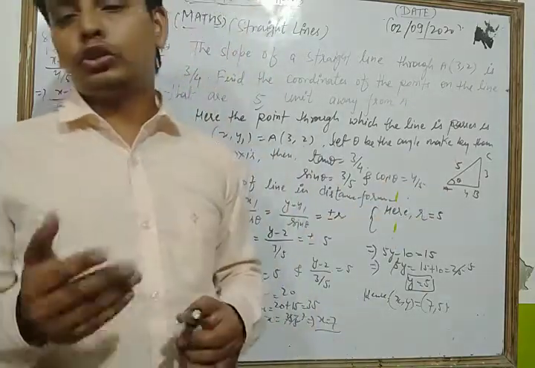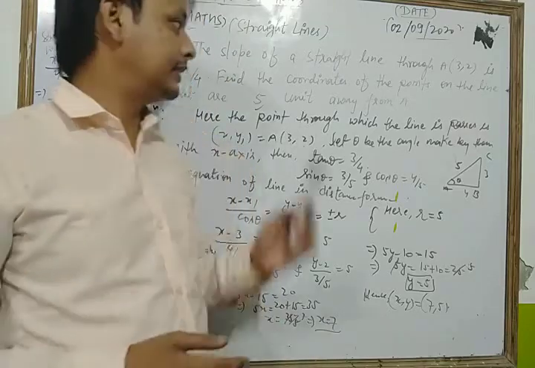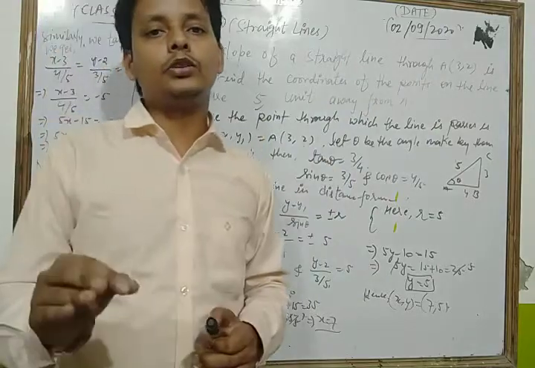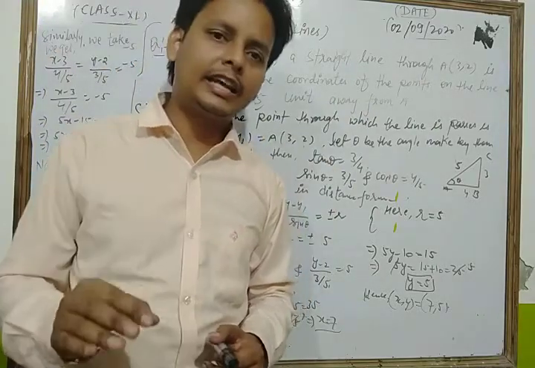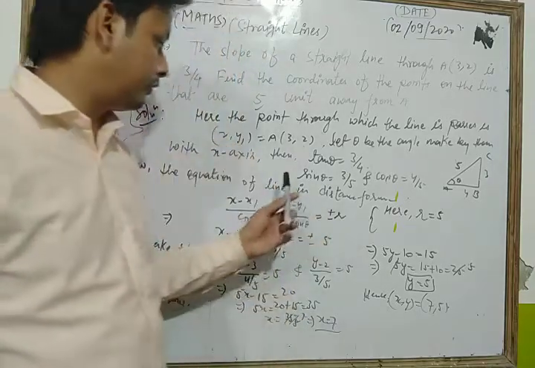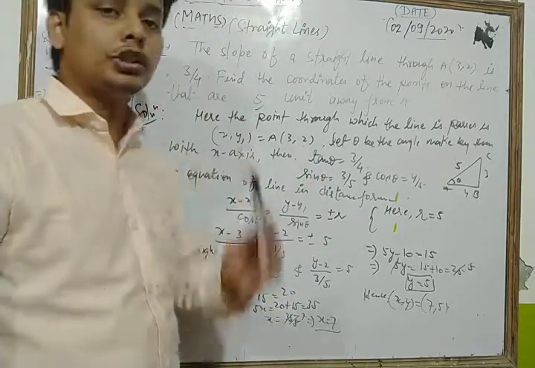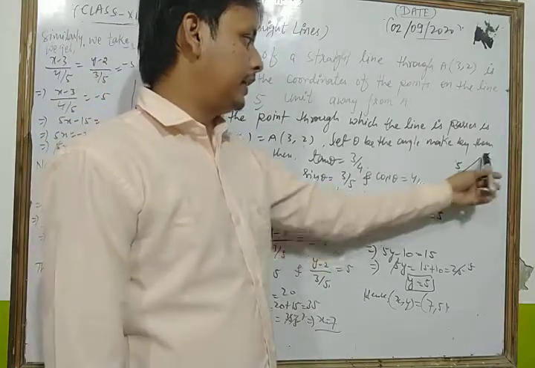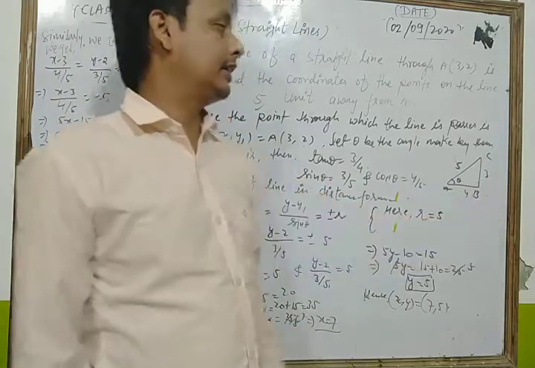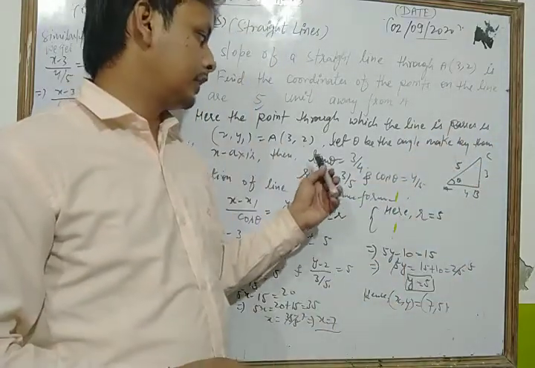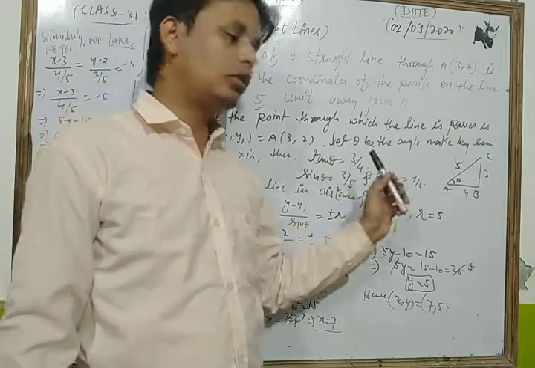In that question we take, let theta be the angle made by that line with the positive direction of x-axis. Then the slope of the given line is given by 3 by 4. You know that the tangent of the angle made by any line with the positive direction of x-axis is tan theta. So the value of tan theta is equal to 3 by 4, which is given in our question. Now from there we make a right angle triangle. From this we find the value of sin theta as well as the value of cos theta.